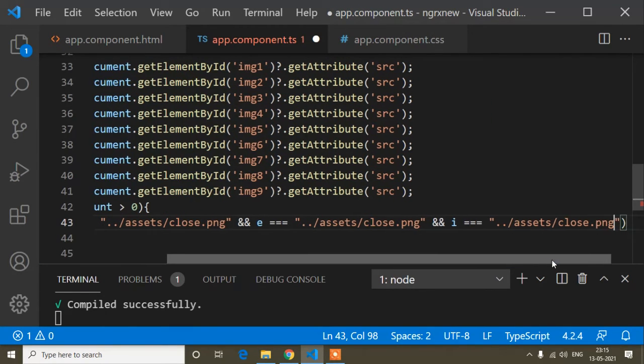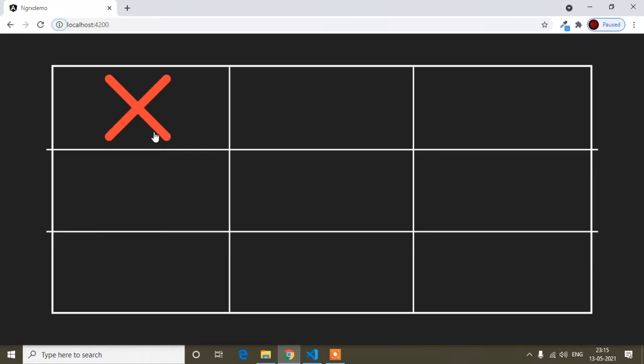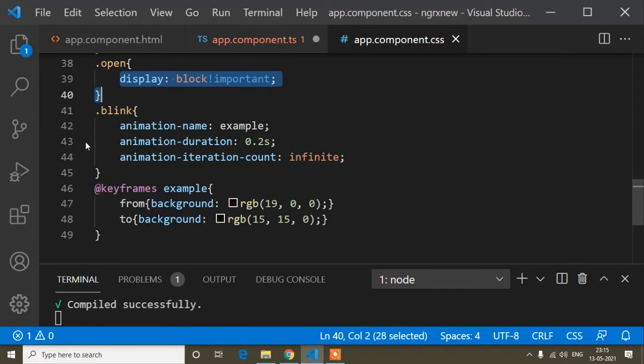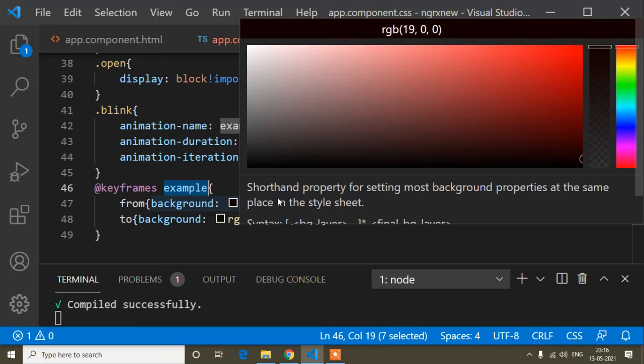So that means if A E and I both are the close icon, so that time the close will be the winner. So that time I have to blink this first, middle and this last square box, and that blink class I have already added here. So that one I had shown you in my previous videos.